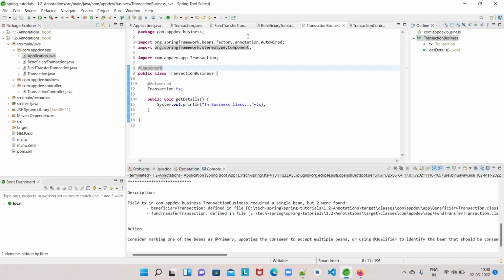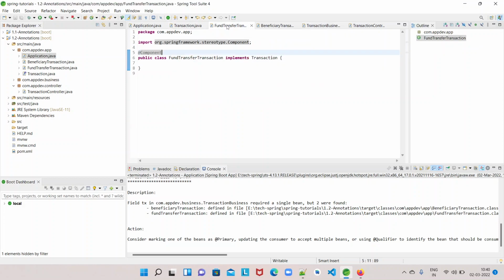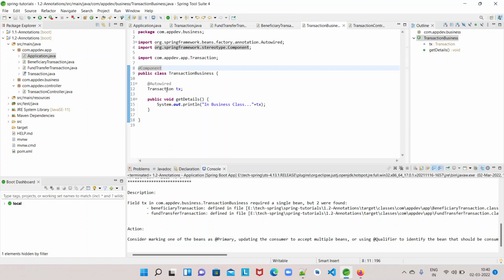Okay, because we are having two beans of type Transaction: fund transfer transaction and beneficiary transaction. The moment we say I want the Transaction type to be injected automatically into this transaction business by the container, the container will be in a confusion state.